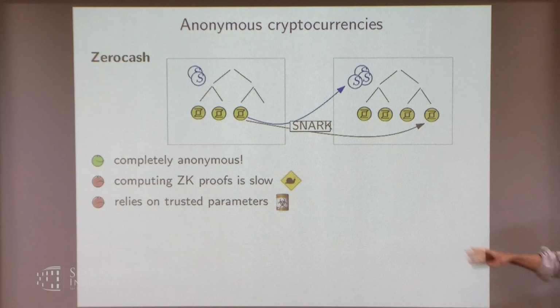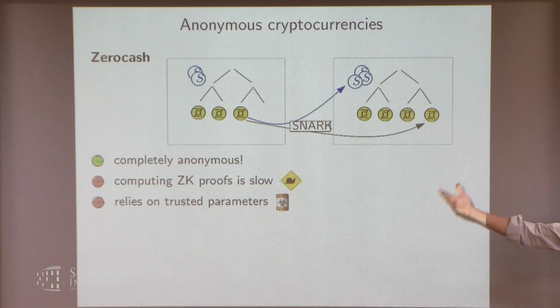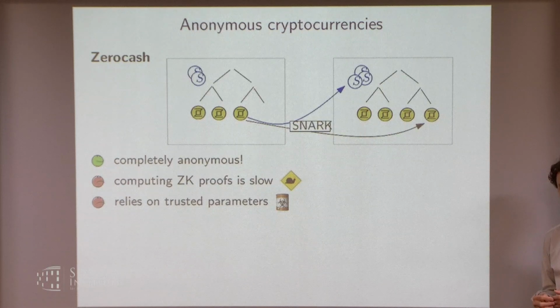And I guess the biggest drawback viewed from the Monero community is that it has these trusted parameters. So has anyone in the first 2 days, we didn't really get that far, right, to see structured CRSs? Did we see structured CRSs in the first 2 days? No, I only mentioned the existence of reference strings on Tuesday morning as something that must be there, but I didn't distinguish between uniform and structured.